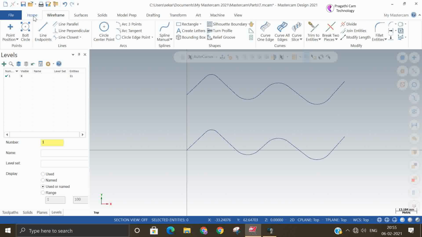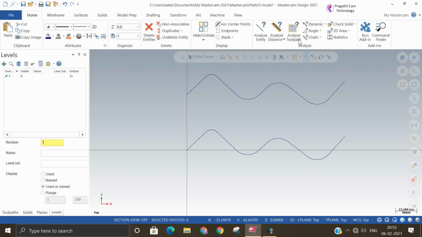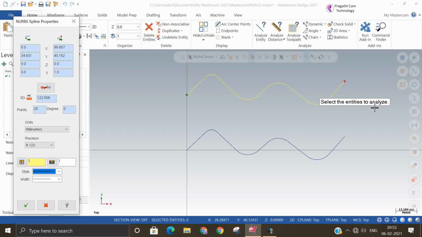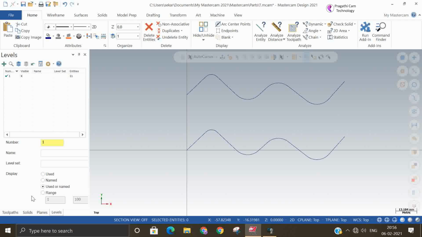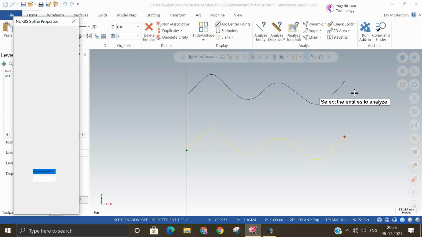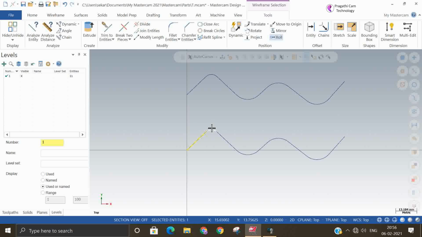But it's difficult now to show you the difference between nerve curve and the parametric curve. Okay. So now you can see it shows nerve curve. If you say general, if you make spline, it makes nerve spline only. Both show nerve spline, and even line and arc are also there, spline also there.